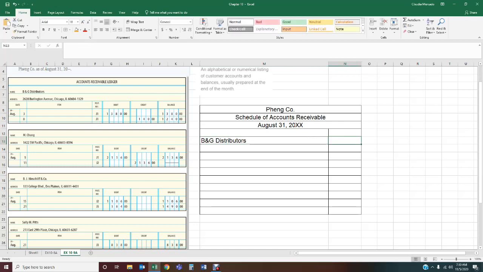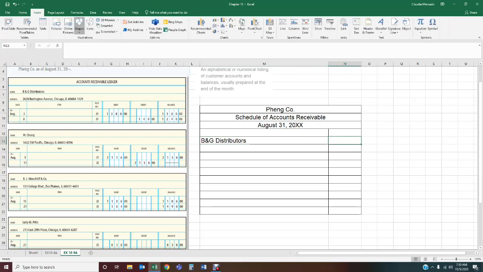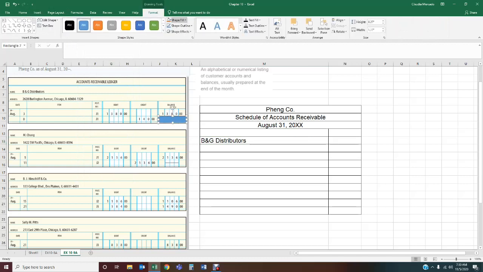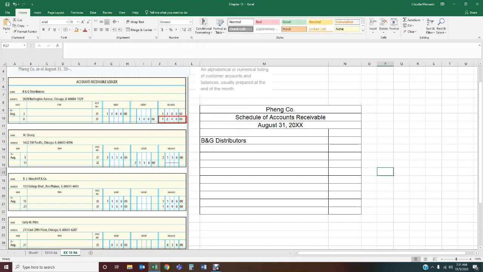Okay, and we're always going to pick up the ending balance. Okay, the ending balance right there. Let me just put some right there. So my ending balance is 1,240. The next one we have is